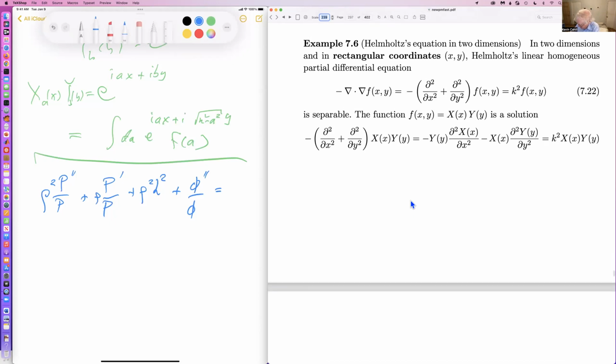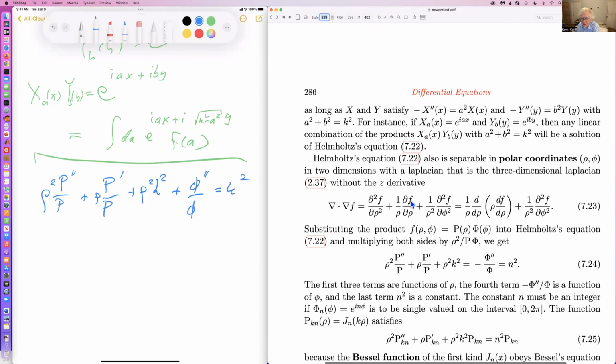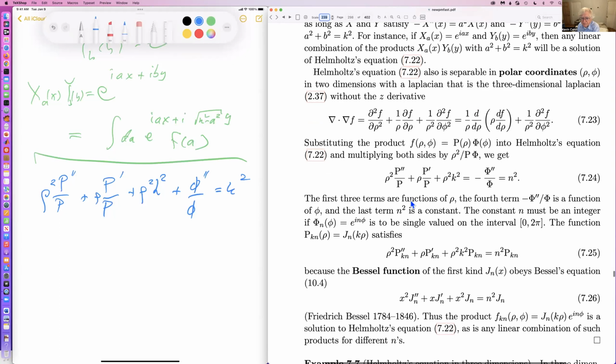I guess that's k squared. Oh wait, I have a k squared there. It'd be something else on the right-hand side here. Let me just say k prime squared. Anyway, then dividing by rho phi, we see that